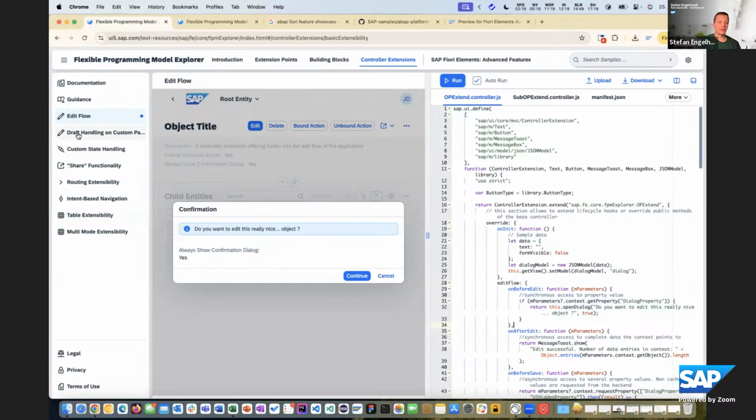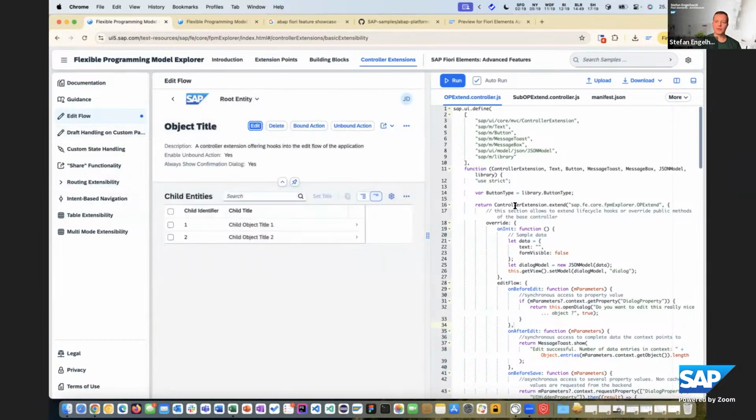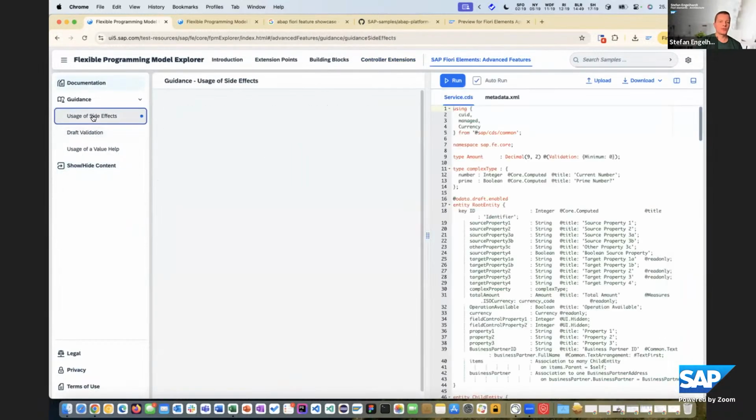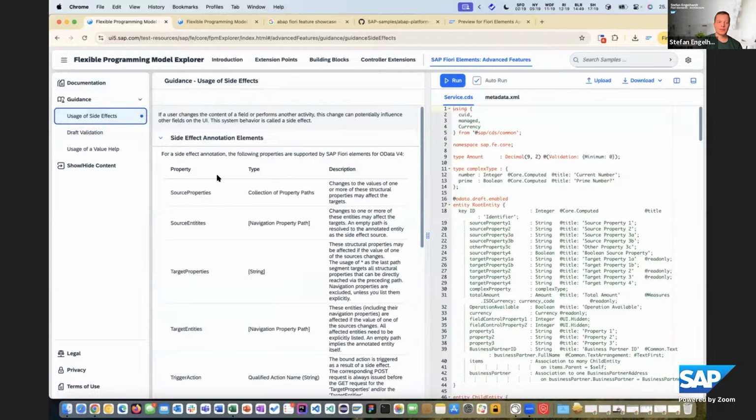Also, we have here some more, for example, routing extensibility and so on. So also there with samples, which you can try out, and always you can check out here on the right side, then the code. You can also modify it and then see the result. Then 2 things which are also often coming up, not related to flexible programming model, but because they are often